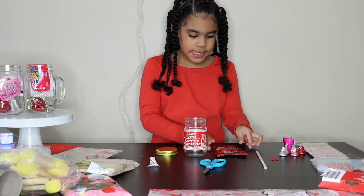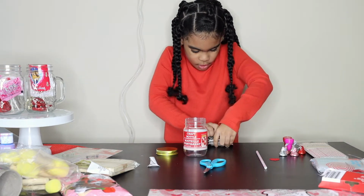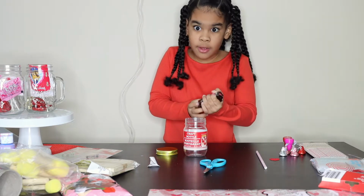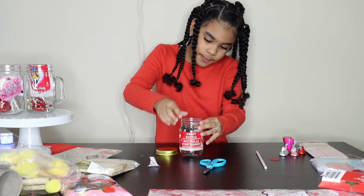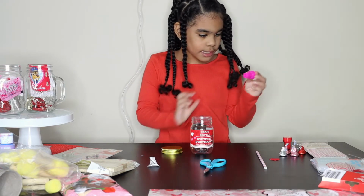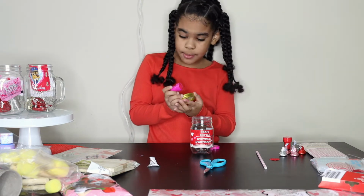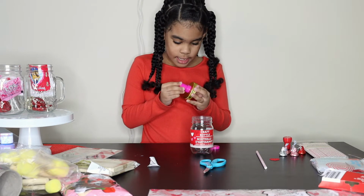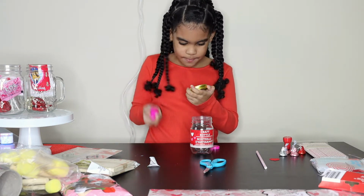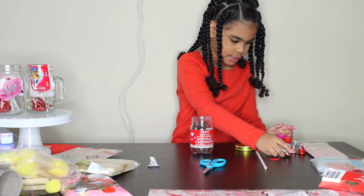So first thing you're gonna do is roll up your hot chocolate mix. Why? But you don't really know why. And use one of the stamps. And I'm gonna put a stamp on my top, but you can do whatever you want with it. And the next thing you're gonna do is